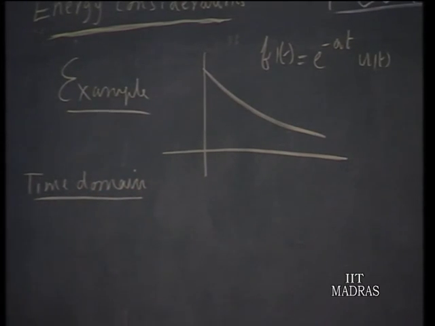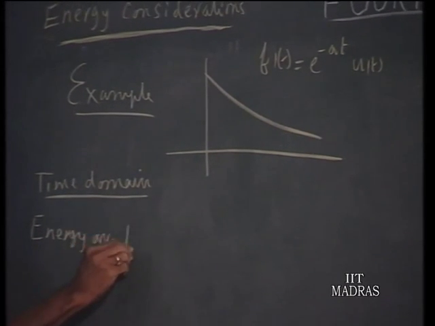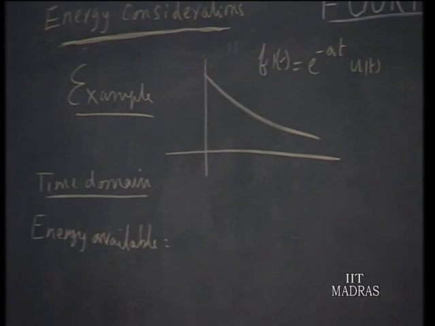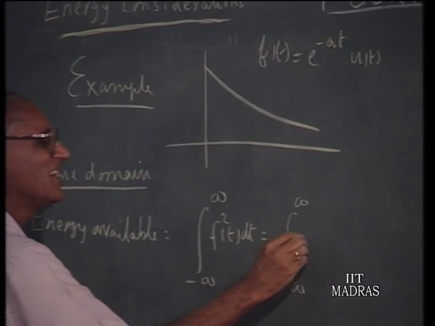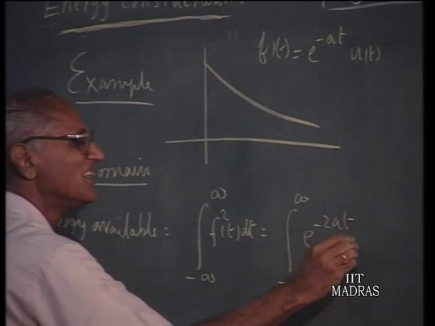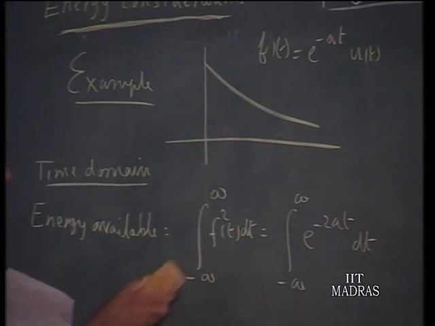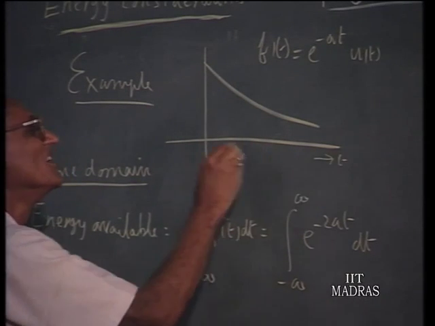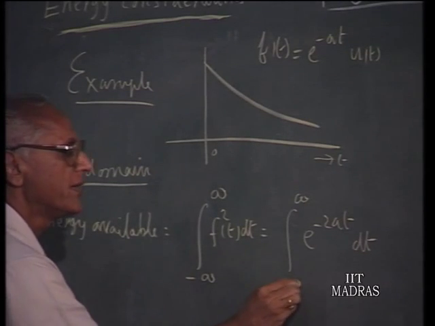Do it in the time domain, energy available from integral from minus infinity to infinity of f square t dt, that is minus infinity to plus infinity of e to the power of minus 2 a t dt, but this lower limit is not correct because f square t exists only from t equals 0 to infinity. Therefore, you have to substitute here from 0 to infinity e to the power of minus 2